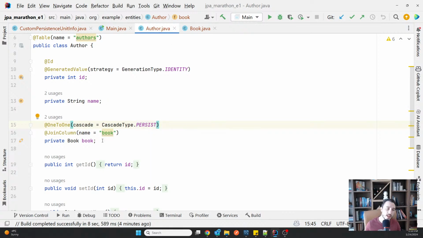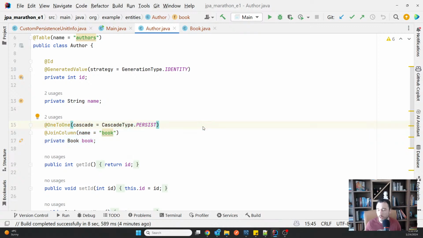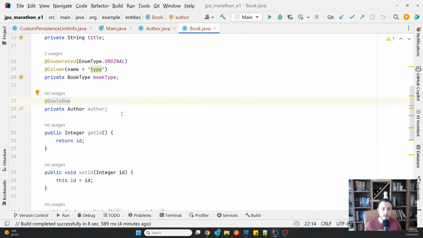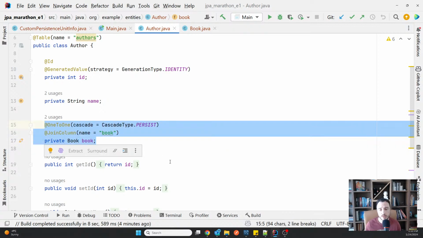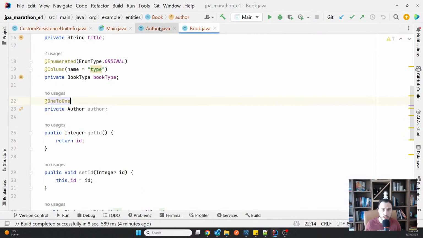Because when you only had the relationship on one side, it was clear who is the owner of the relationship. It's normal that the owner will always be the one defining the relationship. But now it's not clear enough because you have them on both sides. So remember, the owner of the relationship is where the foreign key is. In my case, the owner was the author, and it was the only one possible, because it was the only one with the relationship. But now I have the relationship in both places.